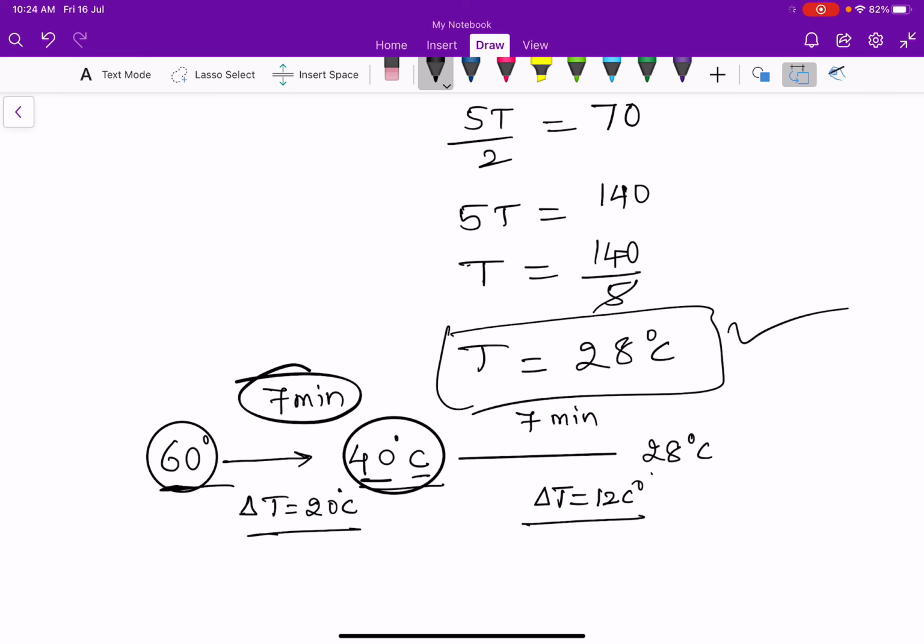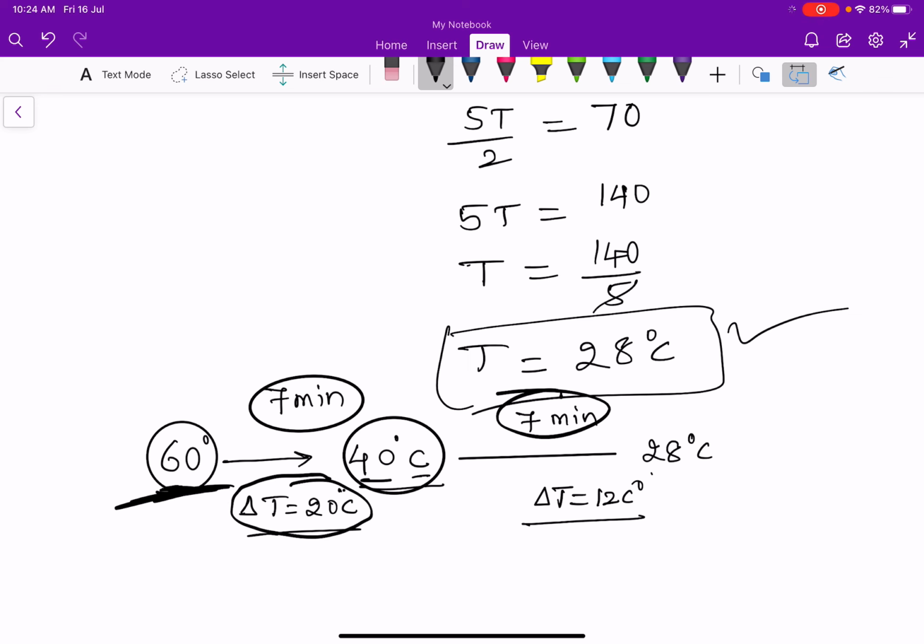In the same time interval, in the first interval, if the temperature of the hot body is equal to 60 degrees Celsius, it loses 20 degrees Celsius in the first 7 minutes. In the next 7 minutes, the initial temperature is 40 and the final is 28. That means if the temperature of the body is less, it loses less heat energy. So in the next 7 minutes, it loses only 12 degrees Celsius. So it is better to add cold water to boiling water